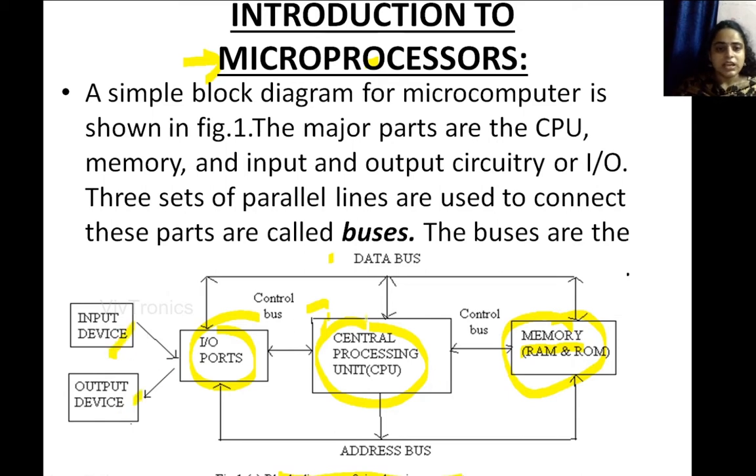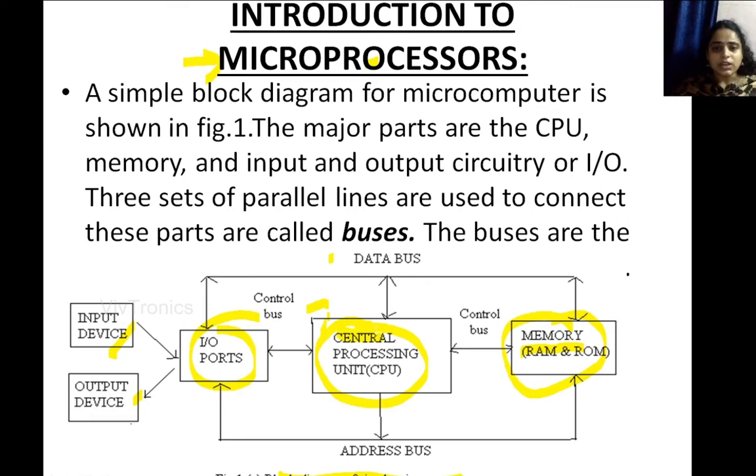If you see here, these are the common terms that we know so far. We know CPU, central processing unit, and we know what the CPU does. The CPU consists of an arithmetic and logical unit, in which all calculations are performed. So we know about the central processing unit.